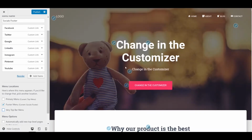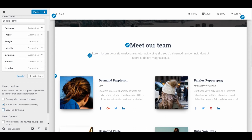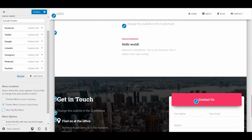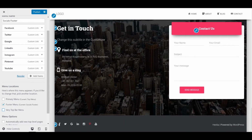With this customizer here, you get to see everything happening live. So if we scroll down now and have a look, we should have them there. And there you go, look at that. There's all our social media icons. Now, of course, if people clicked them, they wouldn't go to anything, but all you have to do for that